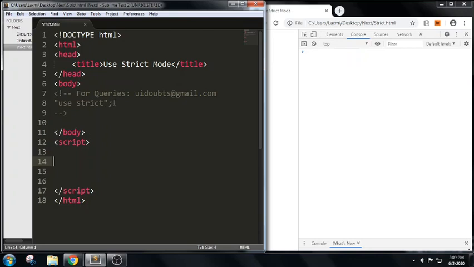Whenever you write the statement "use strict", it instructs the browser to execute the code in strict mode. What does this statement mean? For example, if we simplify it, strict mode in JavaScript will not allow the use of undefined